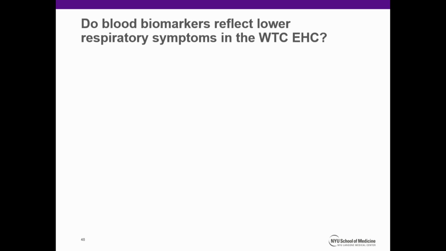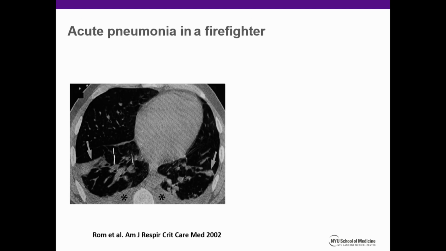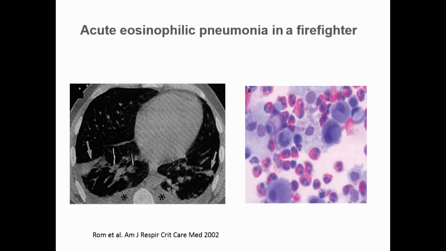We were very interested in doing blood biomarkers. I think your statement about chronic symptoms becomes very important. The firefighters had blood that they had from very early on. We've never had that. We've never been able to create a repository. When we go back to this firefighter, one of the other important things, and I think that's pertinent to a description this morning, is that he in fact had an eosinophilic pneumonitis. He responded beautifully to steroids, and he's alive and well and doing well today.